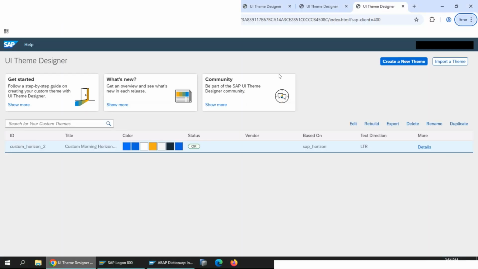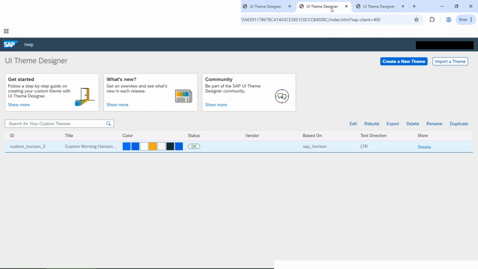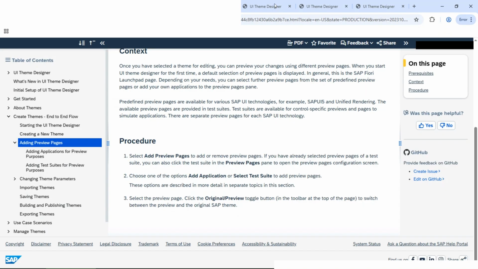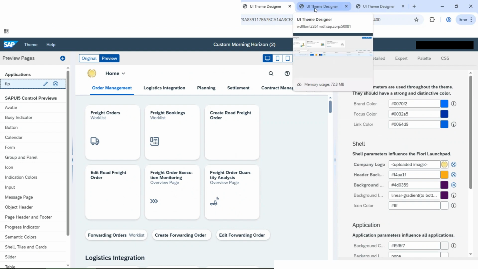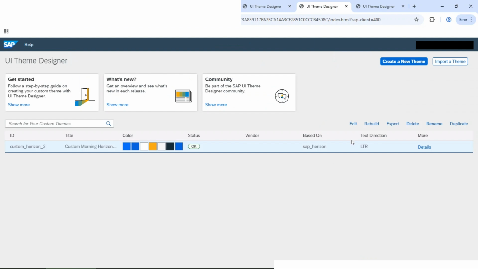Now since our theme is created, let me go to the theme preview page. Now since our theme is created, we have seen it over there. Now it is time to assign this theme to Fiori Launchpad, so that when we open Fiori Launchpad, that same theme gets reflected over there as well. In order to make this custom theme the default theme in our SAP Fiori Launchpad, what we need to do is